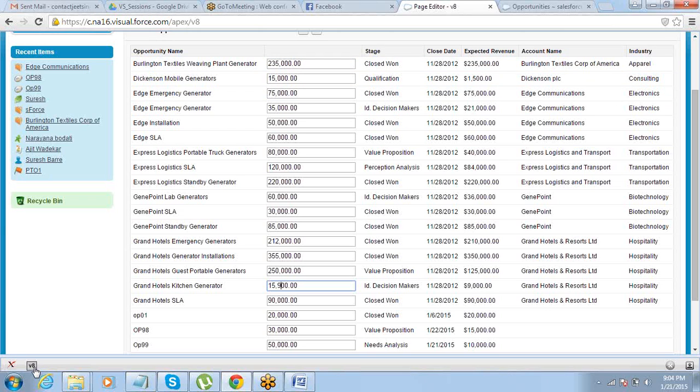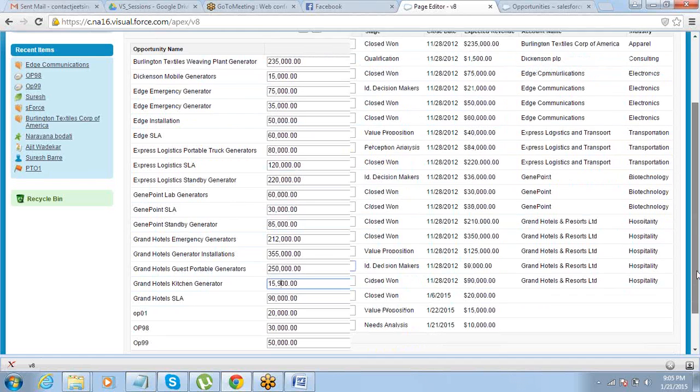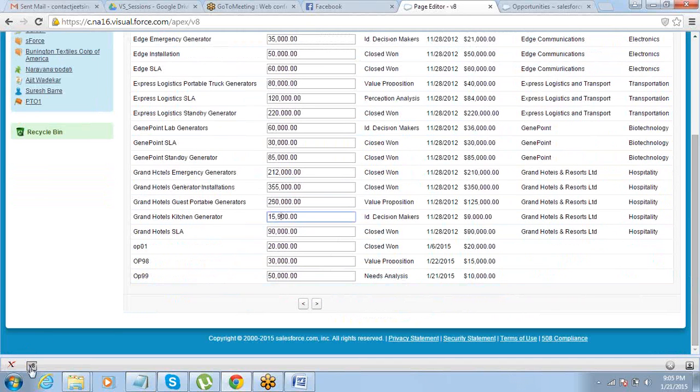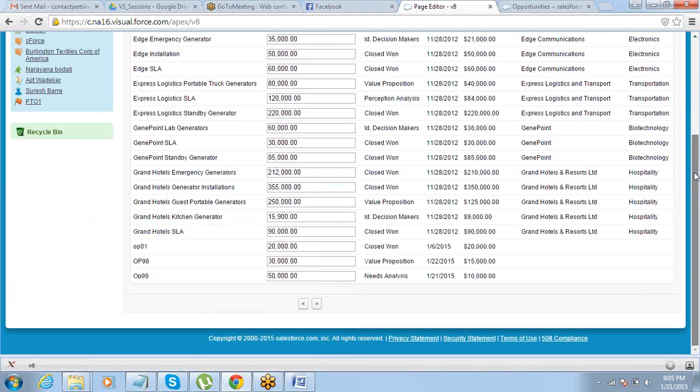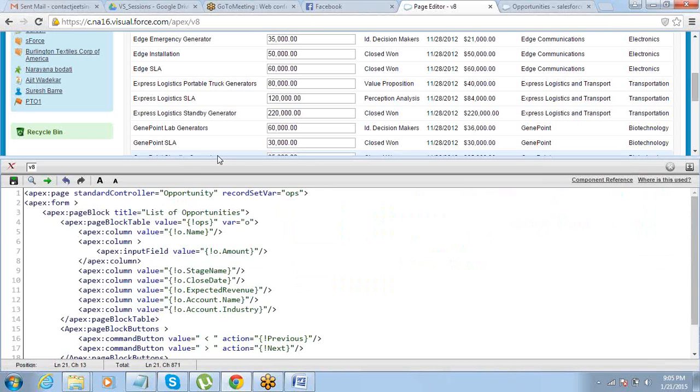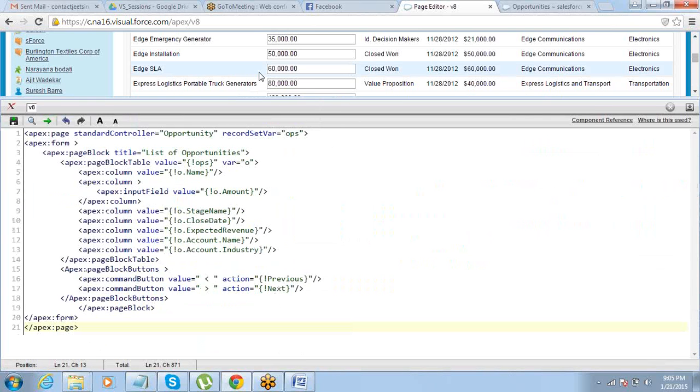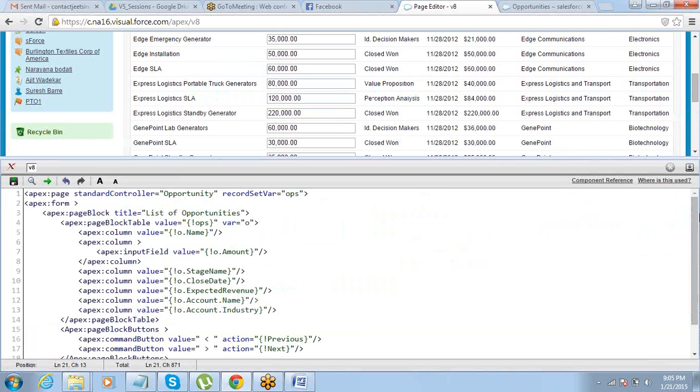Now the problem here is that whatever changes we are making, things are not getting saved, right? So same way you can have a save action here. When you put a save action on the standard list controller, that will save all the changes. Whatever changes you have made in the entire list, all the changes will be saved at one go, right? So that is what the save action will do here. Same save, same quick save, all those options are there. So that's fine. Now when I look into this,